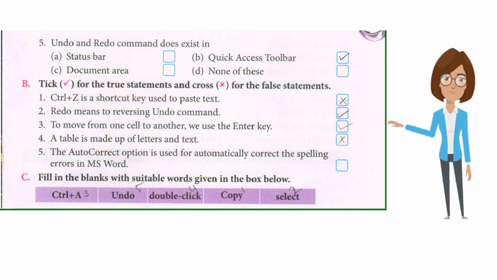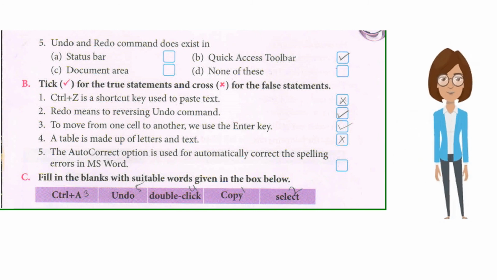B. Tick for the true statements or cross for the false statements. 1. Ctrl plus Z is a shortcut key used to paste text. Cross. 2. Redo means reversing the undo command. Tick, true. 3.